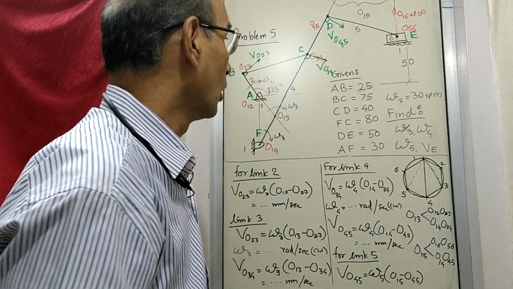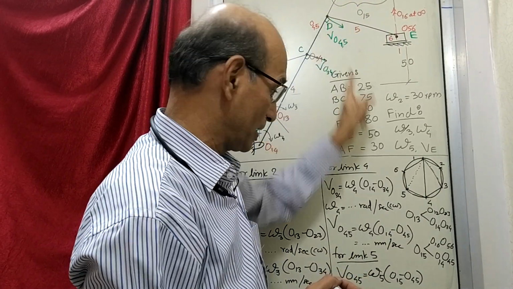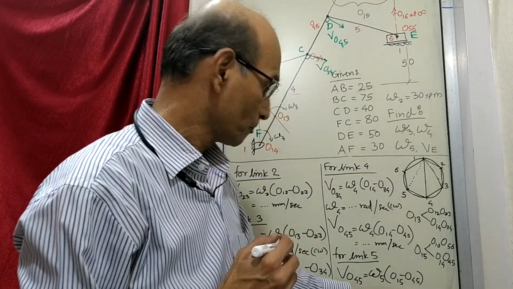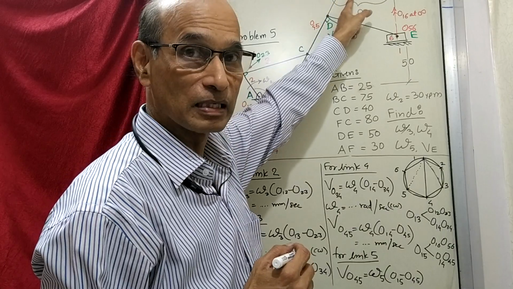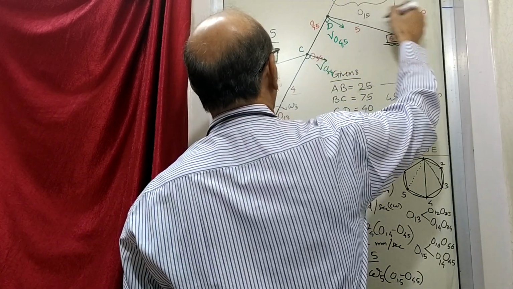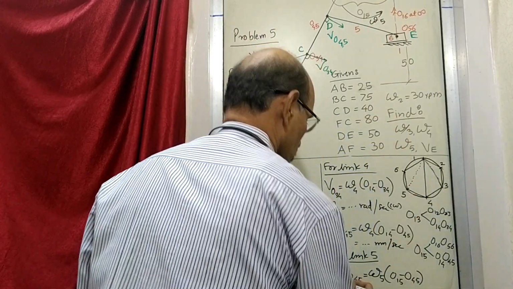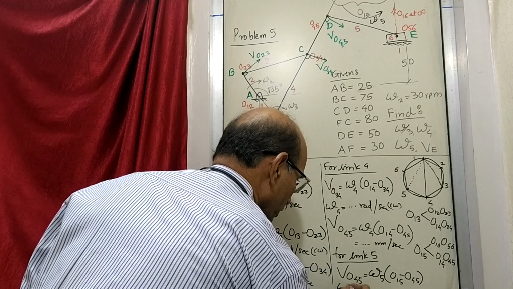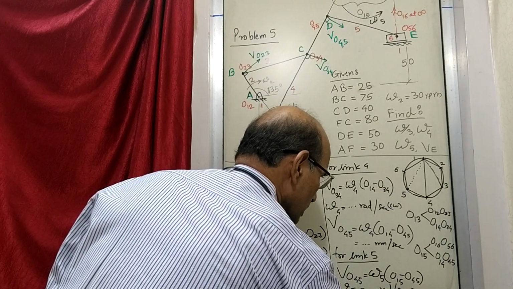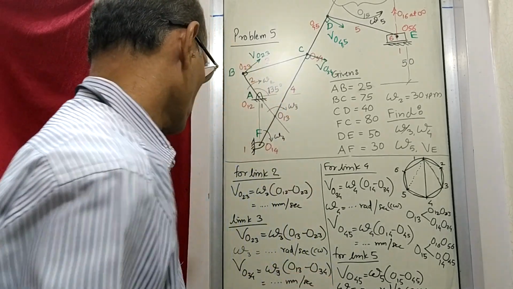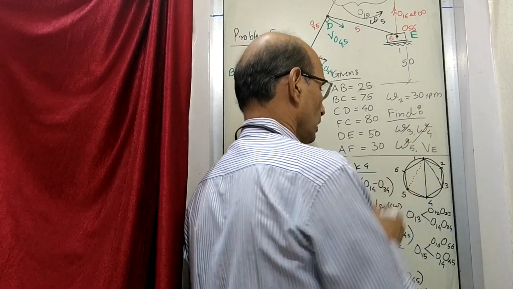Now having done this, we have got O15 as the intersection of these two lines. So from that point to this point 45, that is the distance which we wanted to know, and the velocity is already known for this point. So this velocity divided by the distance is going to give you omega 5, and omega 5 is going to be like this, which is anti-clockwise. So now we write here omega 5 is equal to so many radians per second, and it is anti-clockwise. So we have found out the angular velocity of 5 also, like this.